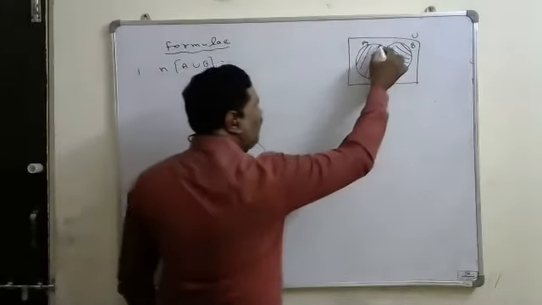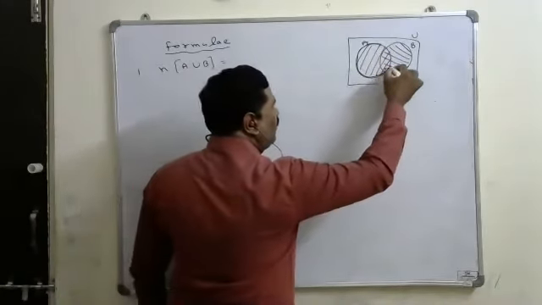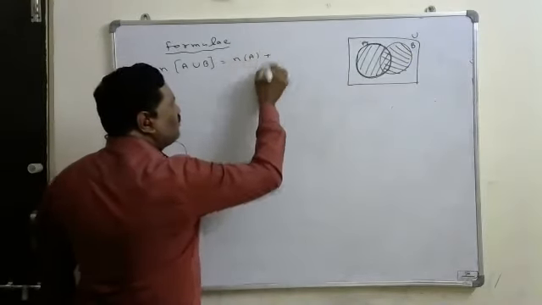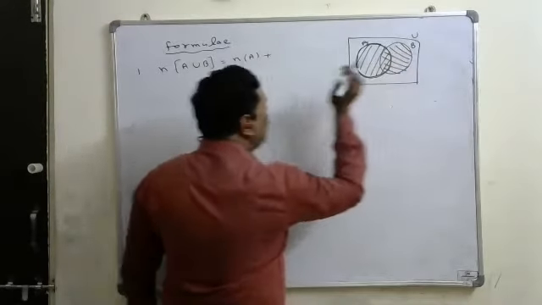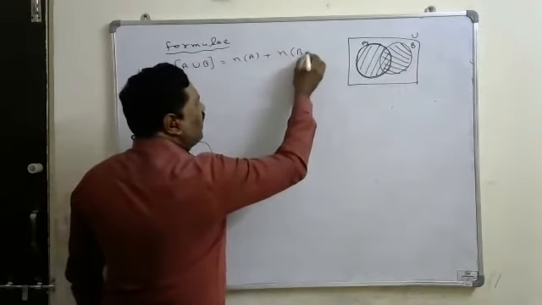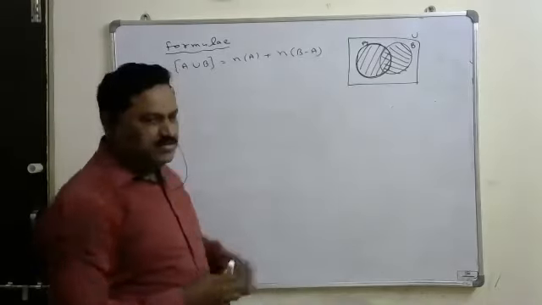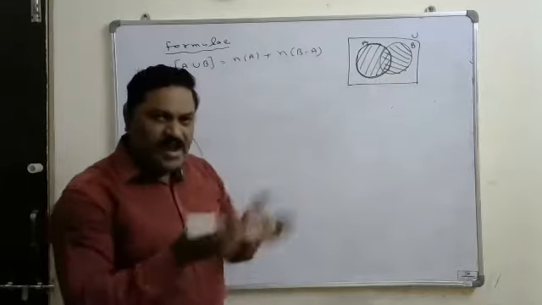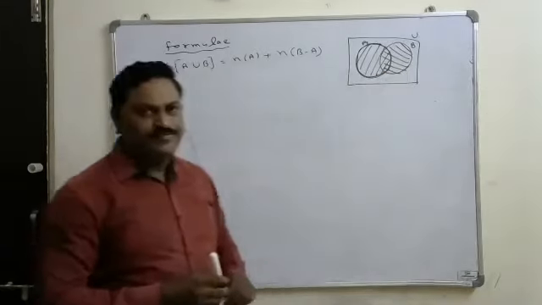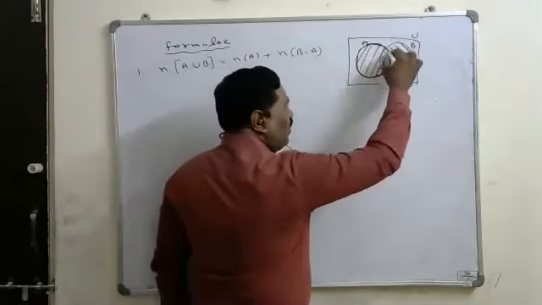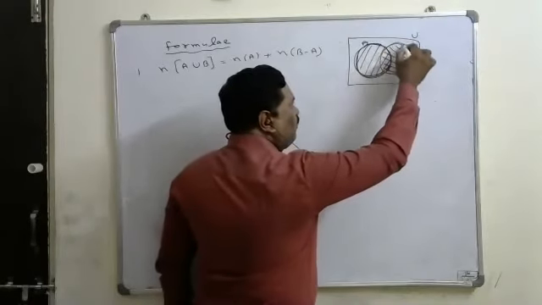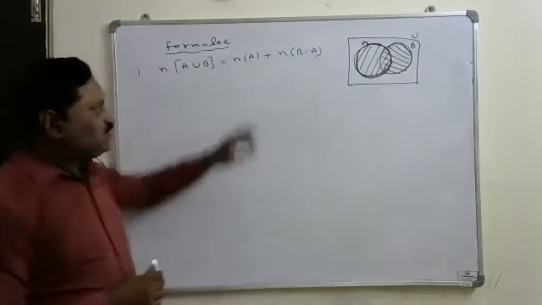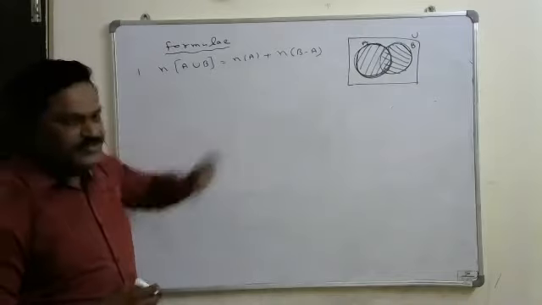First we'll take the number of elements in the set A. Number of elements in this entire set A will be n of A, plus the area which is available in the B only, that is n of B minus A. Okay. So I will take this A part and this part which is available in the B only. दोनों भी ऐड किया तो पूरा एरिया मिलेगा हमको. पहले हमने A part ले लेंगे, then बाद में only B part ले लेंगे. Only B part means that is B minus A part. So you can write n of A plus n of B minus A.